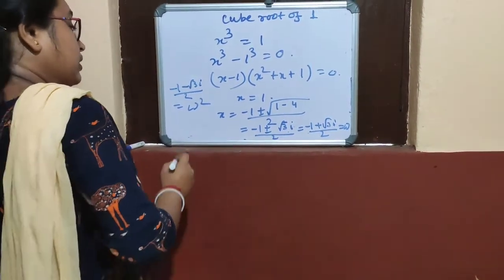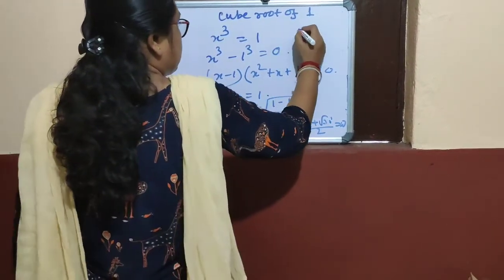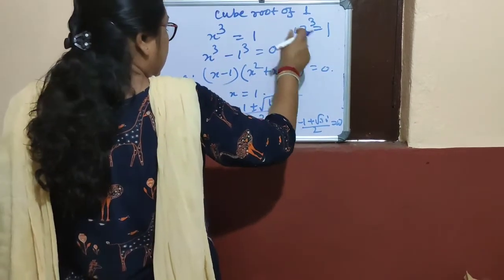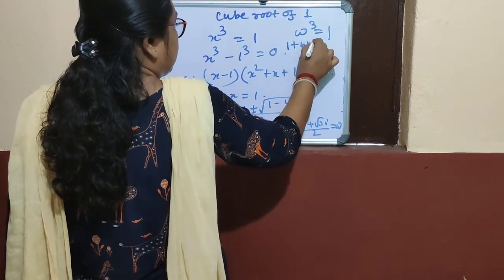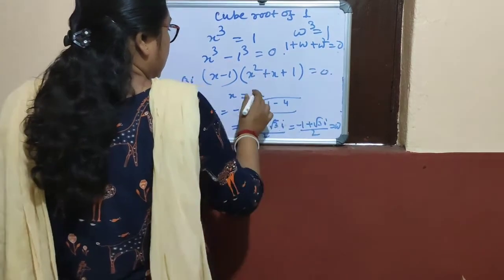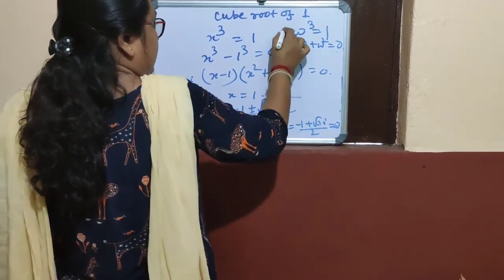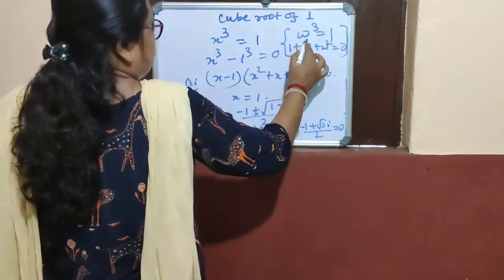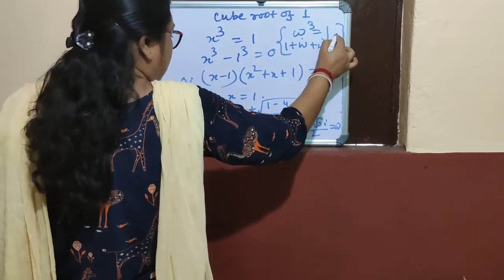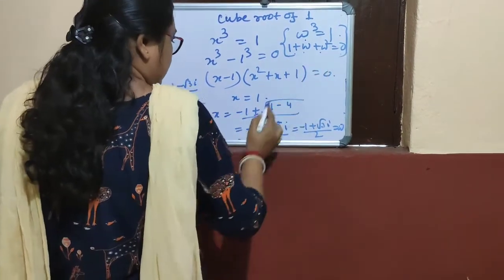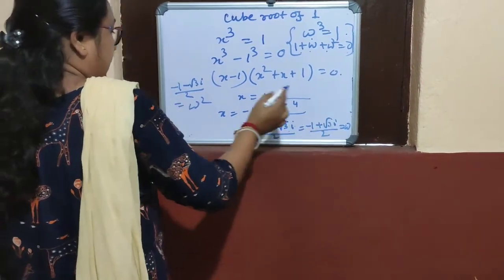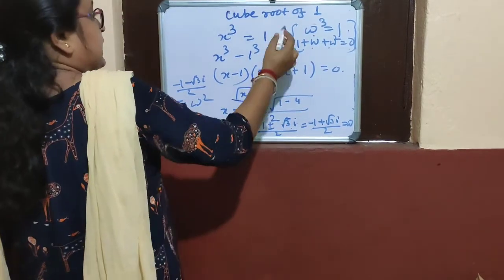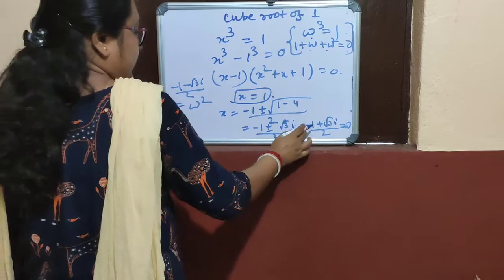Okay. Now what is the cube root of unity? Omega cube is equal to 1, and another formula is 1 plus omega plus omega square equal to 0. This is called the cube root of unity. Cube root of unity means 1. Omega cube is equal to 1 and 1 plus omega plus omega square is equal to 0. This is called omega, and another one is called omega square. This is x. We put here omega. The omega is equal to 1 and omega square is this and omega cube is this.